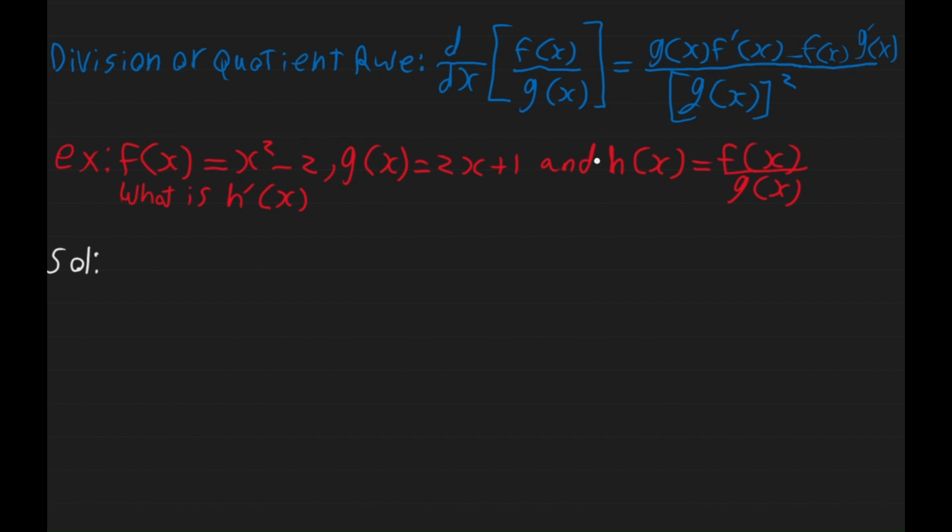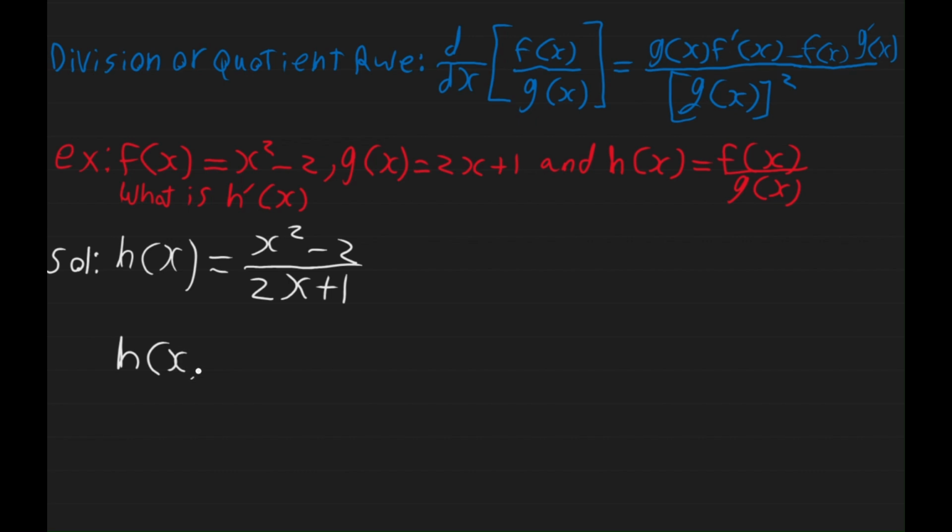Okay, here I also wrote it in this notation, so it's clear. Okay, so here we have h of x is equal to x squared minus 2 over 2x plus 1. Okay, so now we want to differentiate this using the rule. So we have h dash of x, because we're going to differentiate now,